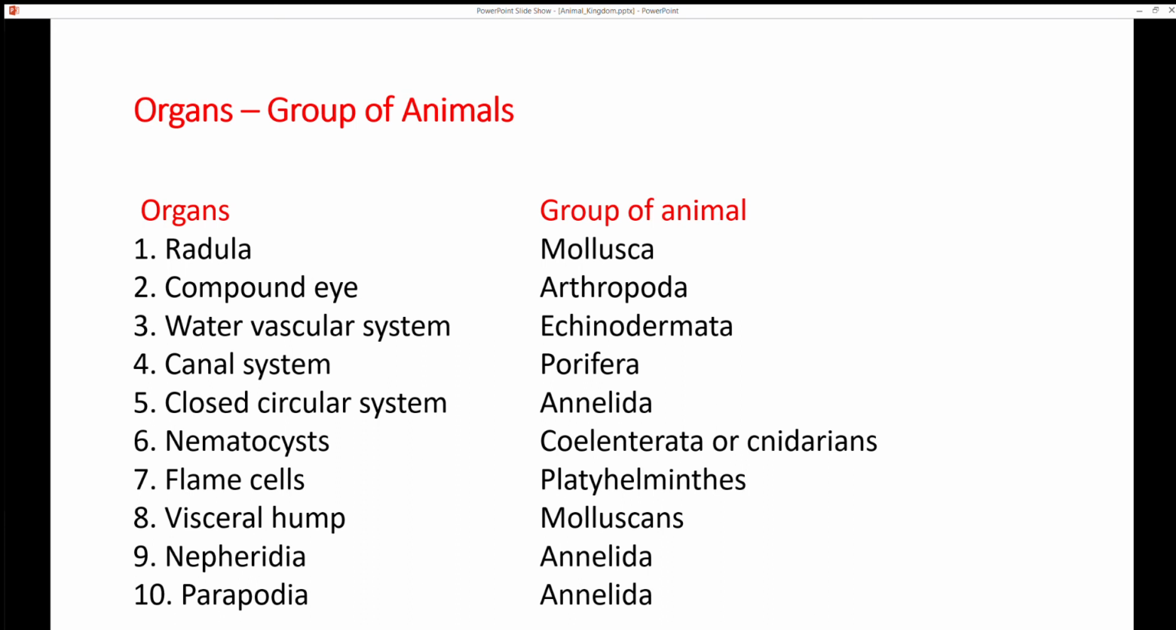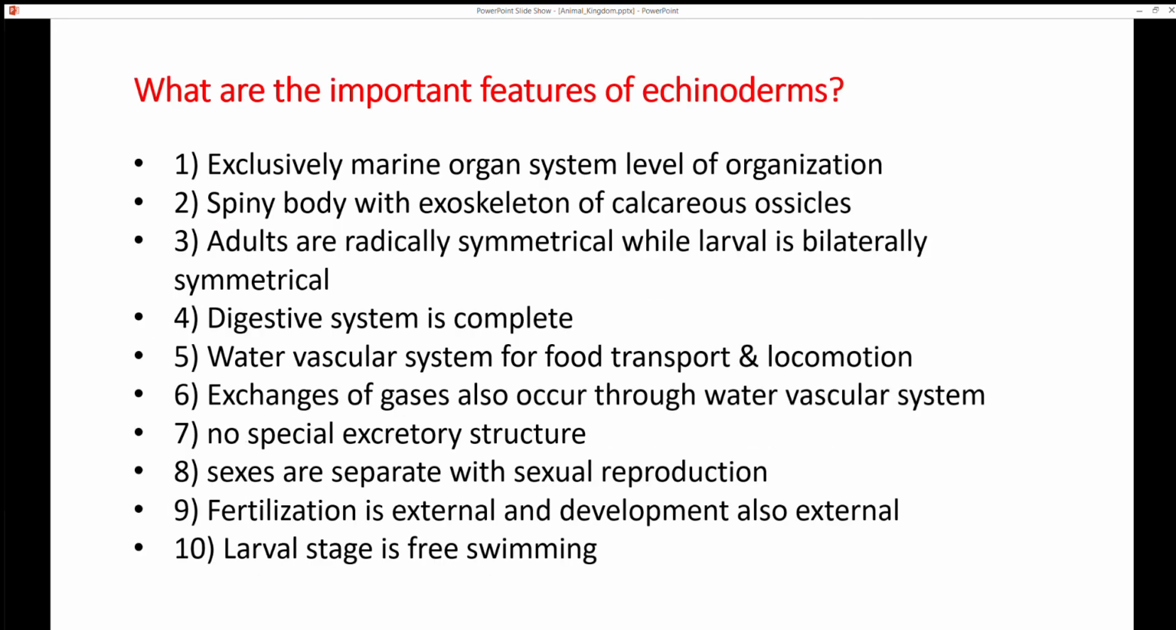And in Annelida, in different organisms like earthworm and others, these contain excretory organelles, the excretory system, nephridia and parapodia. Parapodia is for walking. What are important features of